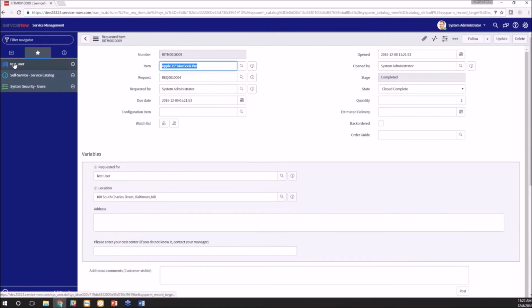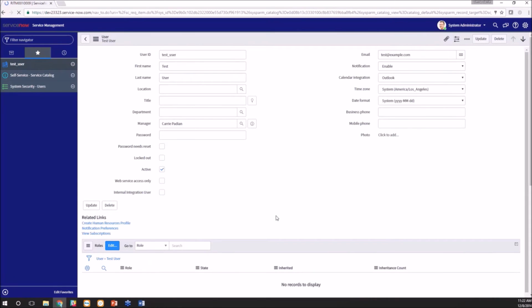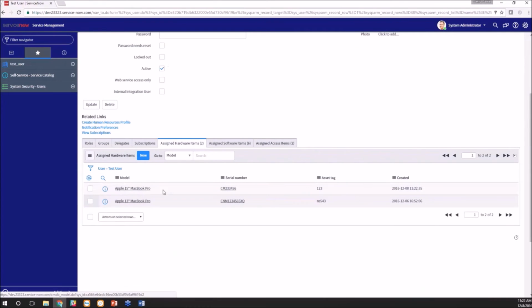And then we can go look at that test user, and we'll see that now that test user has this particular piece of equipment assigned. And so now they've got these 2 laptops. Okay, so